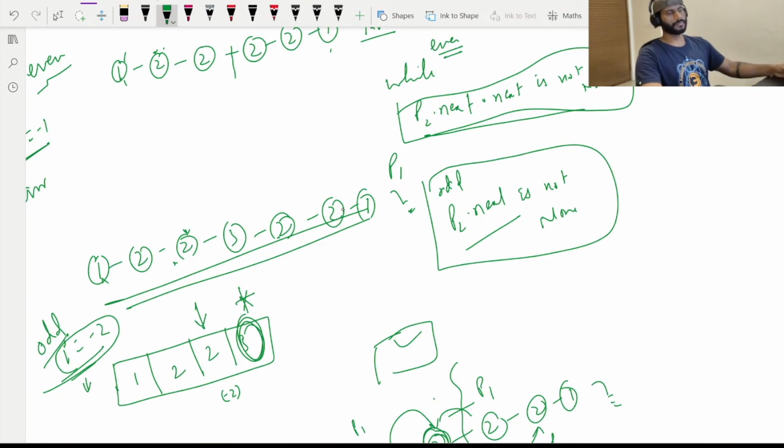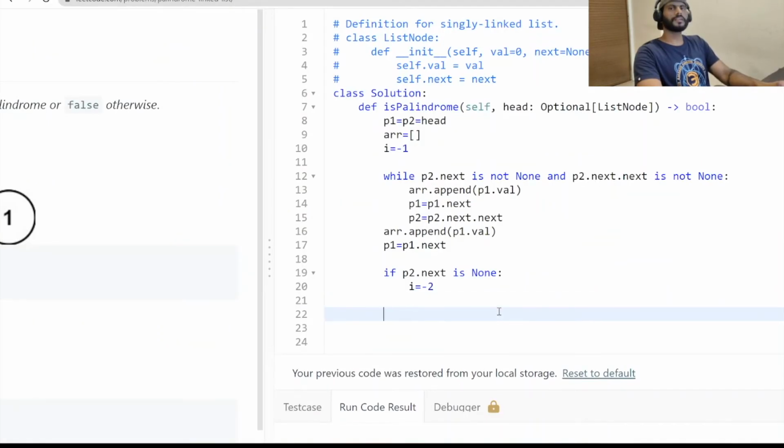For the odd number, our condition check is this, to reach the end. If this is the condition, it means there is an odd number of nodes, then we have to start from the -2 position in the array so that we can compare easily from here. Now let us write one while loop just to compare the half of the linked list with the array values from the end. P1 is standing at the very first node of the second half of the linked list. So while p1 is not none,